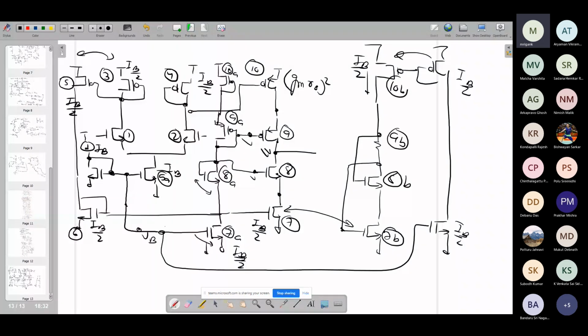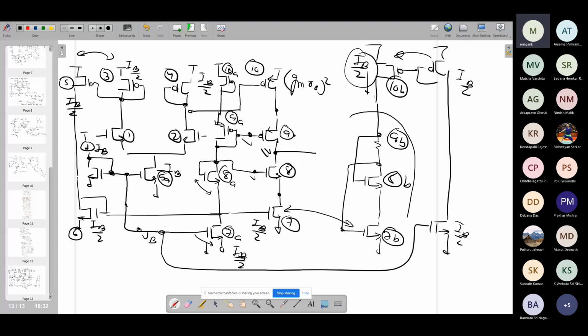And then with the help of that, these M7 and these two, call it 7B, 8B, 9B, 10B. So now the W by L of the 7, 8, 9, 10 pairs are the same: 8 and 8B, 7 and 7B, 9 and 9B, 10 and 10B. They are all remaining the same. They are being supplied with the same current. And all I'm doing is applying the same reduced swing Cascode topology that we had discussed for the current mirror. That okay, given an input current source like IB by 2 for this particular branch, 9, this 8, 9 transistor,